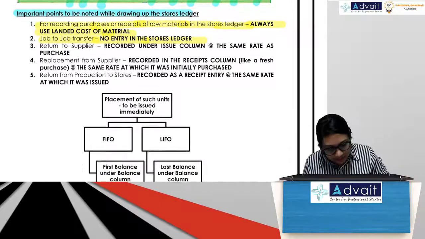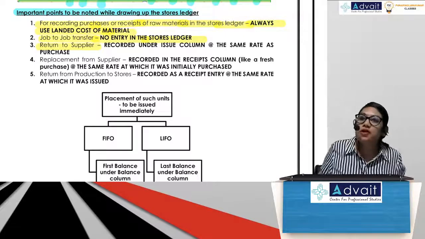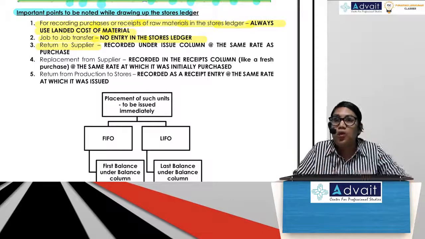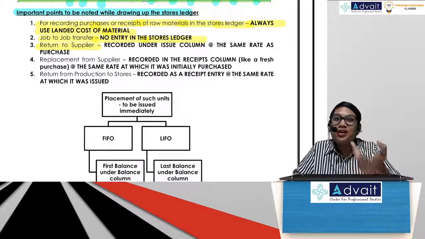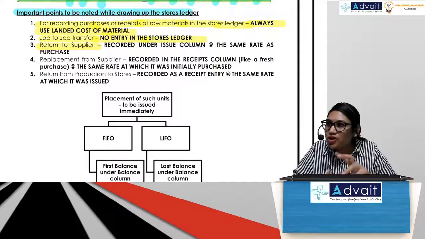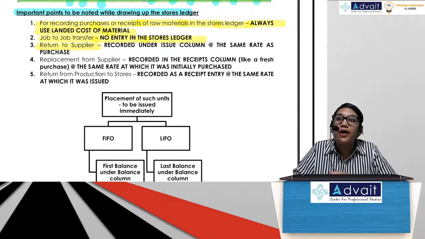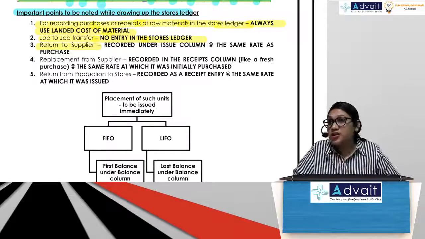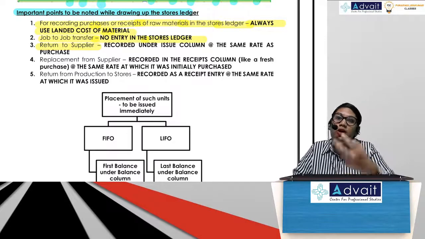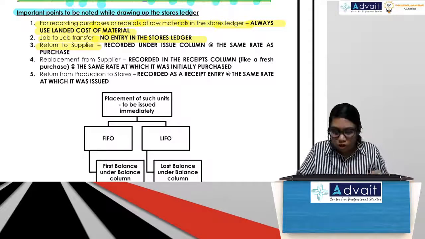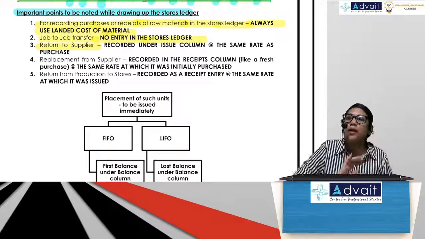Okay. Next, return to the supplier. Now yesterday, if you remember, we had discussed two types of returns. Correct? One was when the material was returned at the gate. Now that is not considered as a purchase return at all. Why? Because there was no purchase. So when there is no purchase, there won't be a purchase return. Correct? But the other kind of purchase return was when we have done a GRN. So the minute we do a GRN, it means we have purchased. So we will make an entry in a stores ledger saying we have purchased. So quantity, rate, amount will come under receipts column.